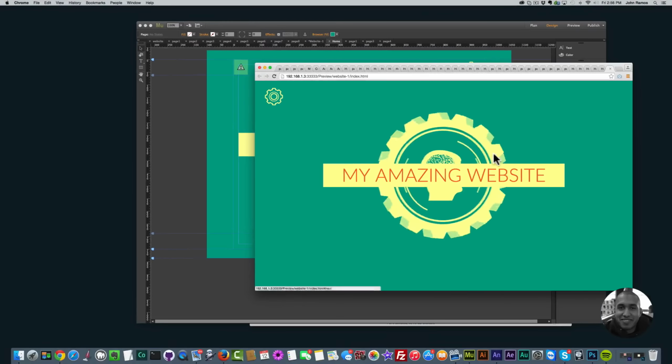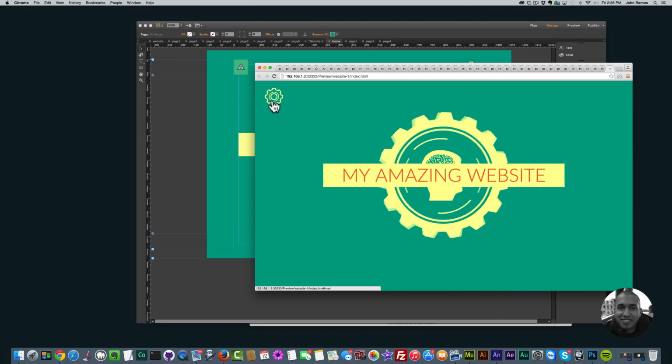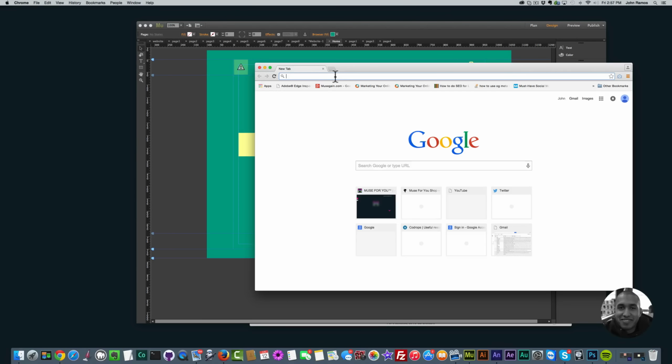So we have that. We did the gear turn animation in Edge Animate. We've changed the color. We've added the Versa Slide from muse-themes, and cool. So I'm going to close all of this here. And so again,